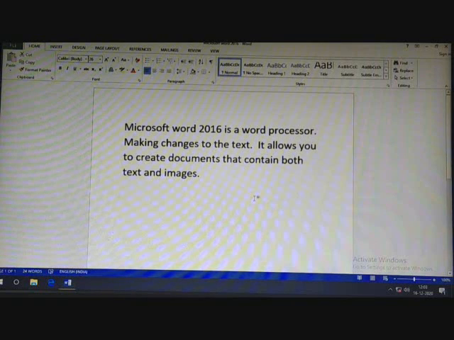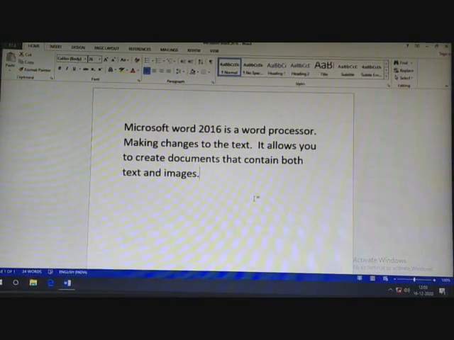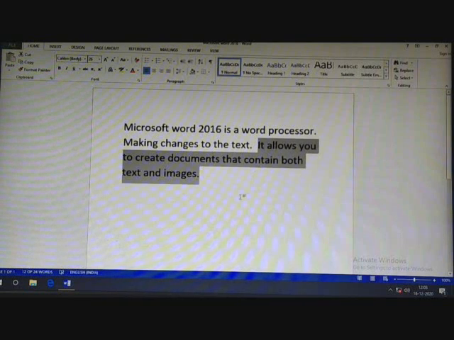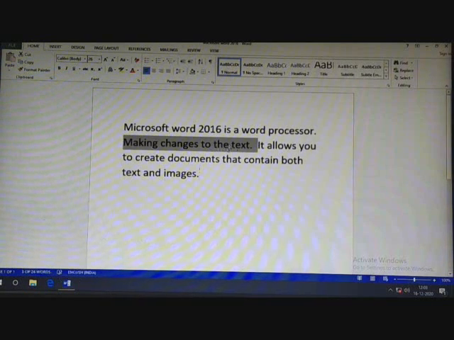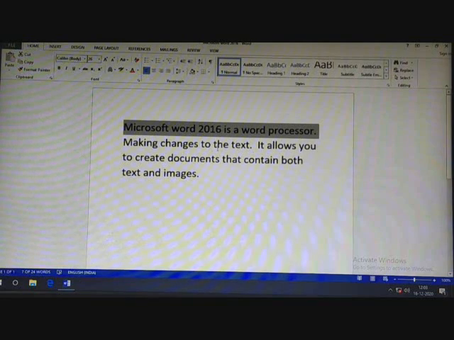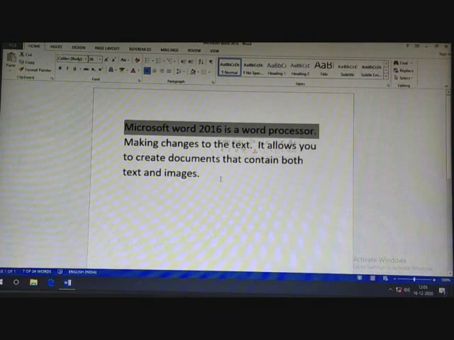The next is if you want to select one sentence. Suppose you want to select one sentence, what you will do? Press the control key in your keyboard. Means आपको अब keyboard use करना पड़ेगा. Keyboard में control key है, उसको press करे रहो. Control key को मत छोड़ो. And then click a word in the sentence. Suppose see. Okay. अब उसको कैसे पता चलता है sentence कहाँ खत्म हुआ है? With the help of this full stop. Okay. Control key plus click in the sentence.